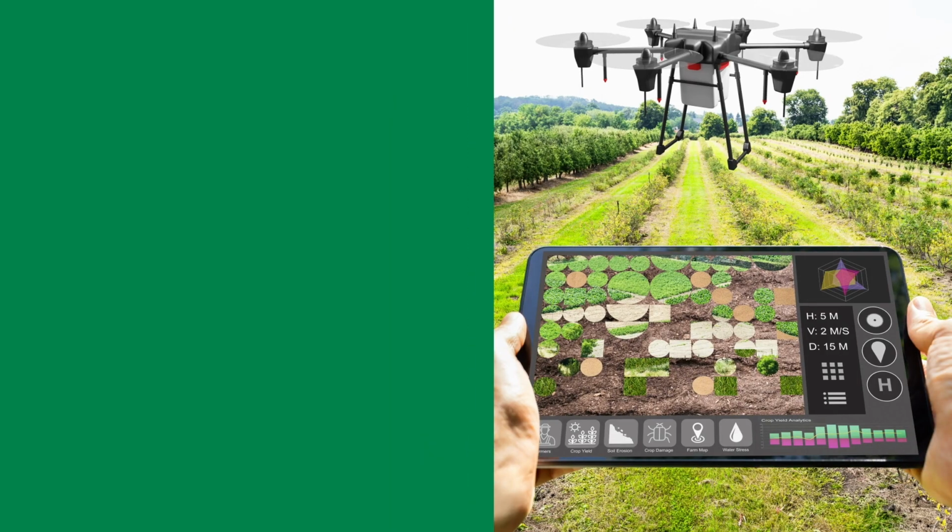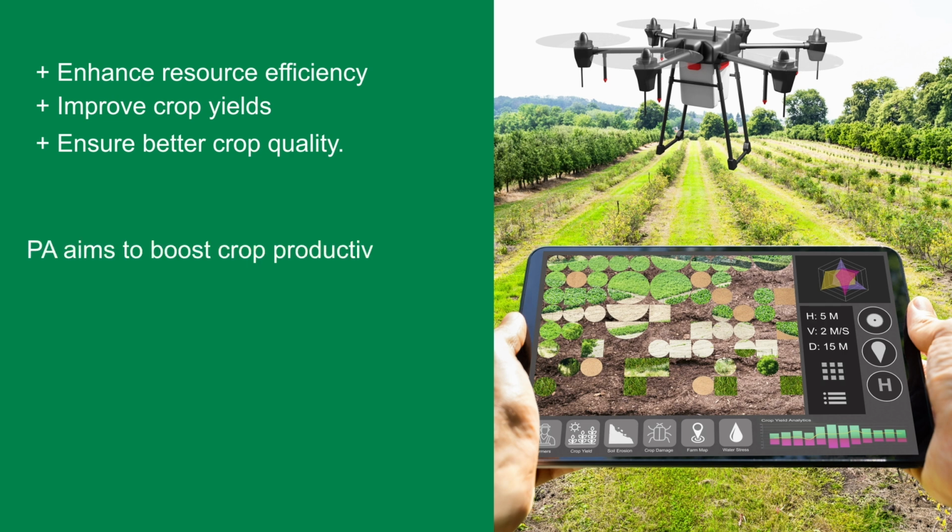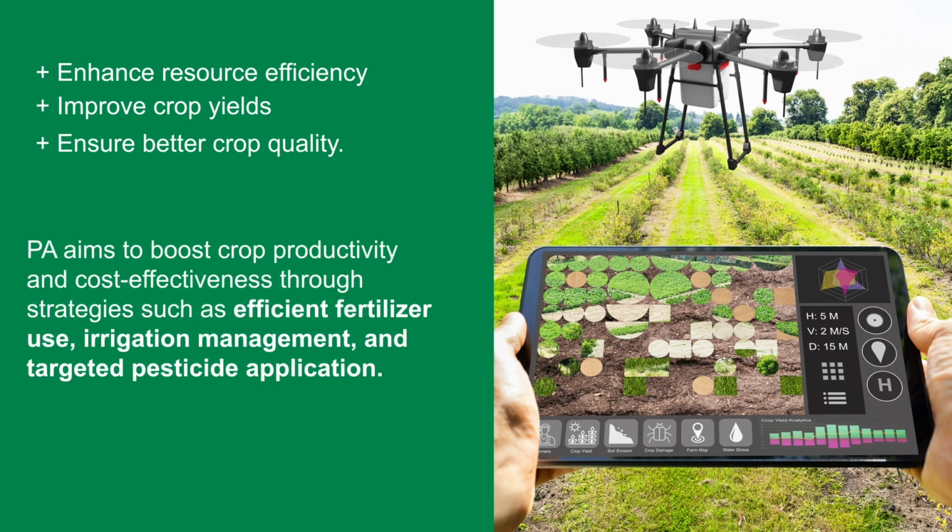PA relies on extensive data and information to enhance resource efficiency, improve crop yields, and ensure better crop quality. By integrating data from various sources, PA aims to boost crop productivity and cost-effectiveness through strategies such as efficient fertilizer use, irrigation management, and targeted pesticide application. Although definitions of PA vary, the term typically refers to tools and methods applied locally at subfield scales, i.e., less